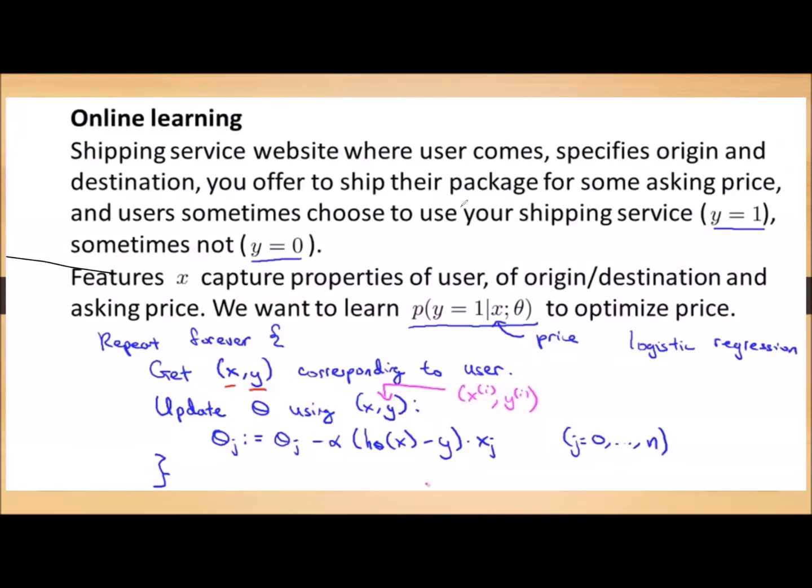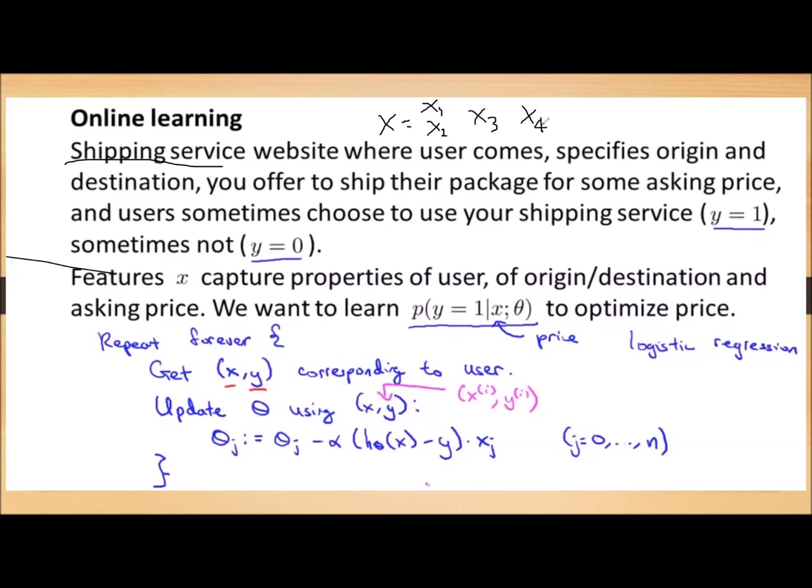There is an example you can observe here. There is a shipping service. This shipping service is delivering products from one place to another place. In this, we are expecting there is a website for this shipping service. When a user is accessing this website, we are asking for the details. What is your origin? He is entering the origin, x subscript 1. x subscript 2, we are asking where is your destination, and we are asking what is the weight of that article, x subscript 3. And we are giving the price, x subscript 4, that is, we are recommending the price for the particular user.